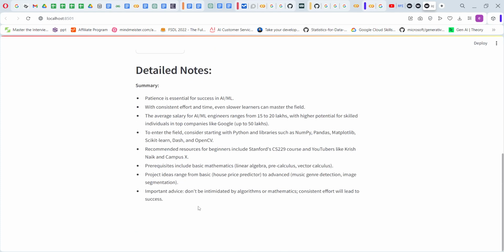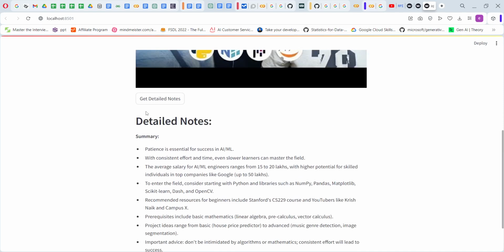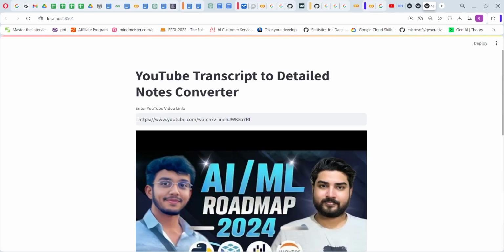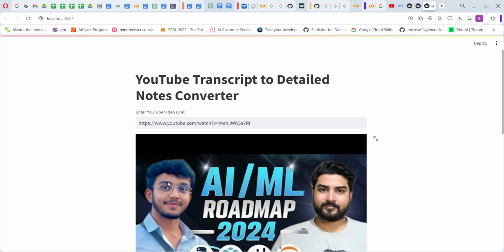So this is our key, and now again I run. So now it shows the detail of the summary of the video, what happened in the video. When you run it now, every time the response summary is changing because of the creativity of the model. So the average salary they have given, what type of libraries you want to learn, recommended resources, and after that some prerequisite mathematics and the idea of some projects they have given in the video. So I hope you understand how the project works, and in the next video we will host